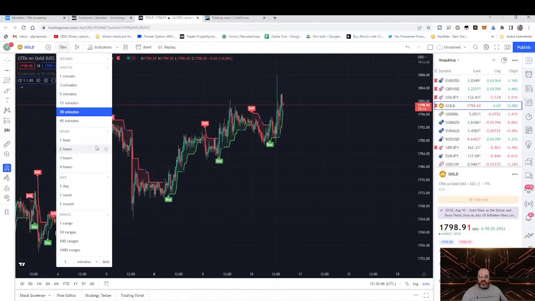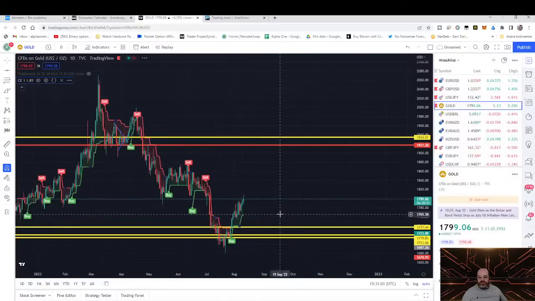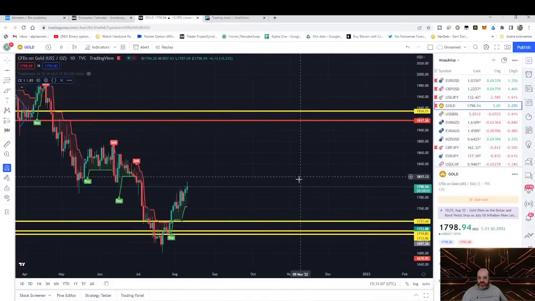Let's take it at 1 day first. I'm not sure if we did a gold trade on Monday. Let me look back. We did not do any gold trade, so let's see if we can do one gold trade today. So currently we can see that we have come up now to our area of interest. You can see we are now directly on, like I said before, gold